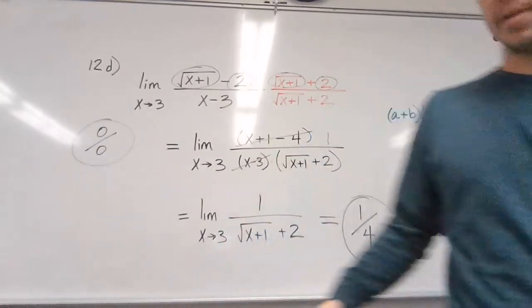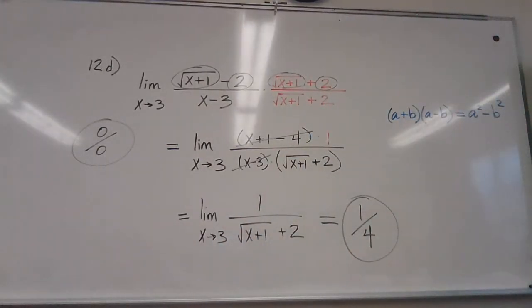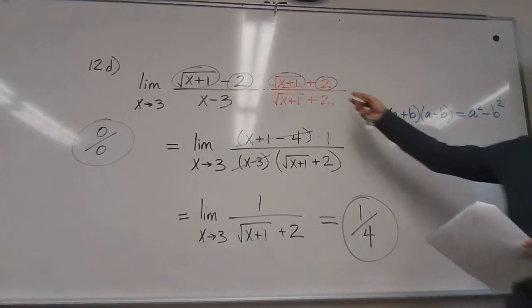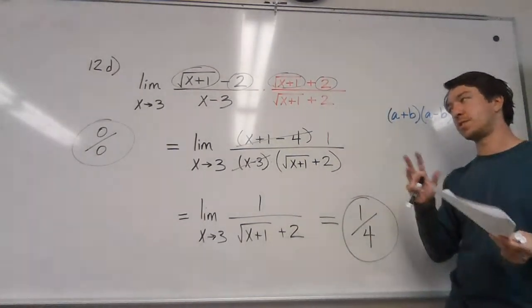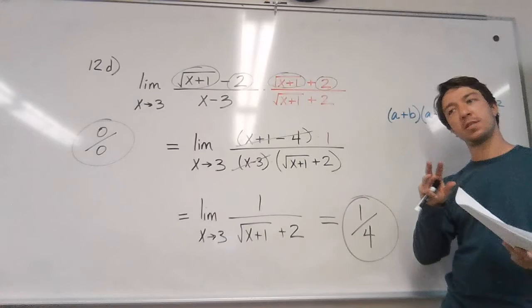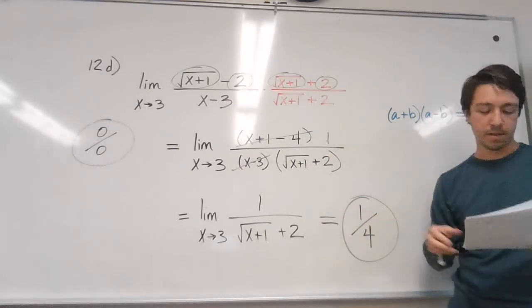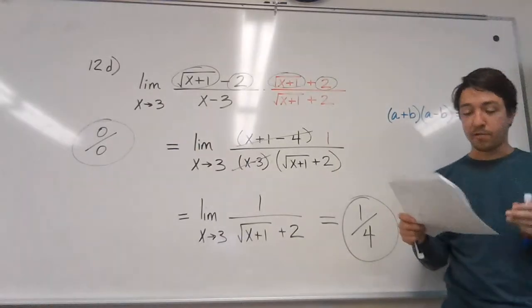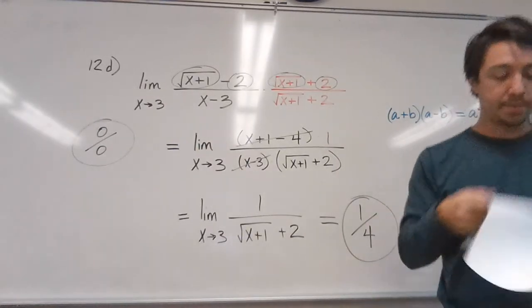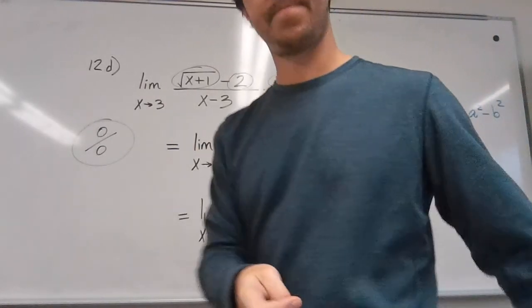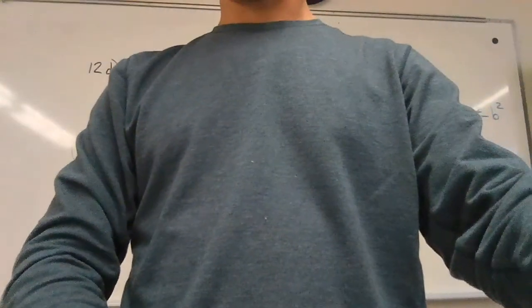It's kind of weird, but this technique shows up when you study calculus. The idea of a conjugate shows up not just in calculus, but in a whole bunch of stuff where you're trying to simplify an expression and find something to cancel out to write it simpler. So there you go. You got 12 questions, we just did 2, so you got 10 left to do on your own. You can stop this